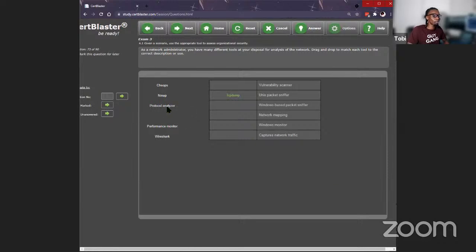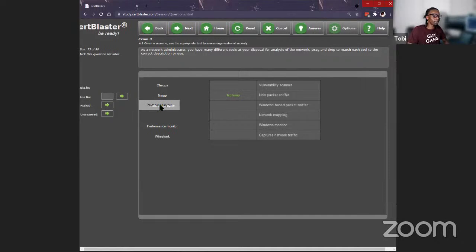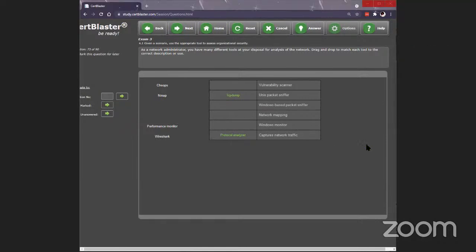Protocol analyzer, where would you put that? It captures network traffic. Good job, Howard. It captures network traffic, right? Okay. Well, I was thinking Wireshark, but yeah, same. Okay. We'll see.